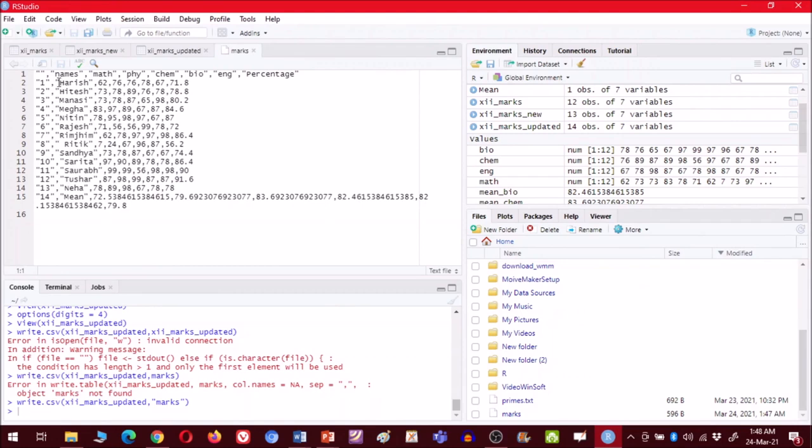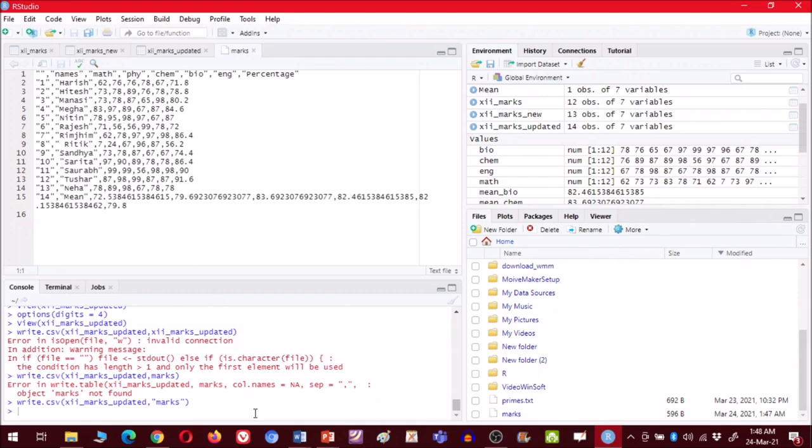As you can see, all the data has been stored, but that's in a CSV file, so the values are separated by commas. But if you see, we are getting additional data, the column numbers 1, 2, 3, and we don't want them.